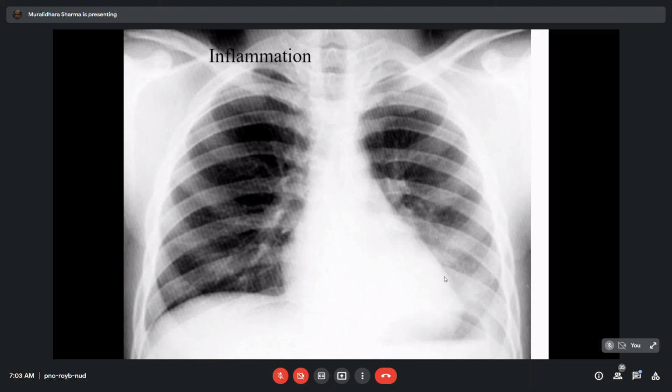So again, I repeat that whenever you read the X-ray, you will have to first give an opinion on the technical qualities of the X-rays, like exposure, position, and then centering. Then you will have to study the peripheral areas. You may come from the periphery to the center or center to the periphery, and the peripheral is commonly studied, like the soft tissues outside the body, thoracic cage, and then shape of the thoracic cage, the basic anatomical landmarks like costophrenic angle, cardiophrenic angle, cardiothoracic ratio, shape of the mediastinum, position of the trachea,